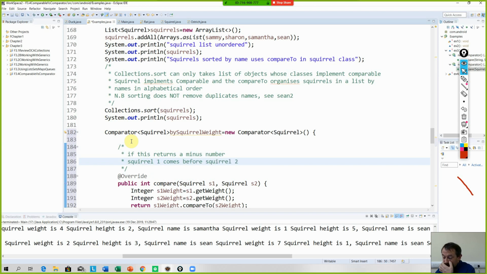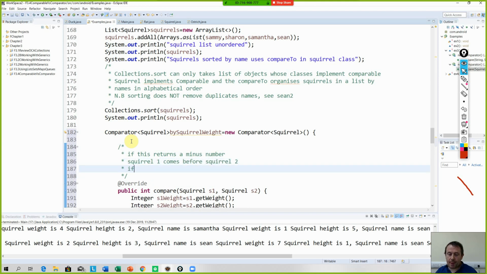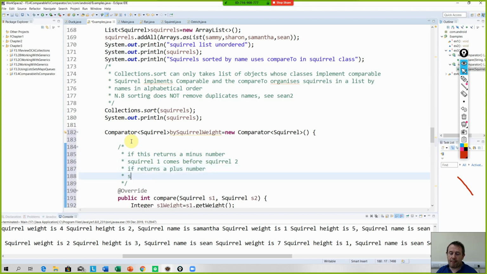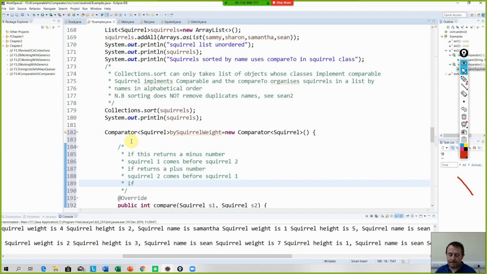So a minus number still keeps the order they were put in. If it returns a plus number, squirrel 2 comes before squirrel 1. If 0, they are the same